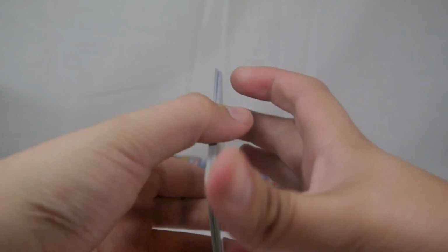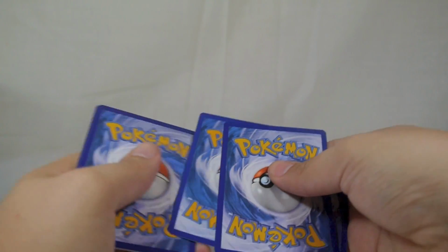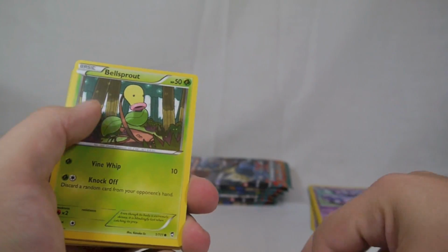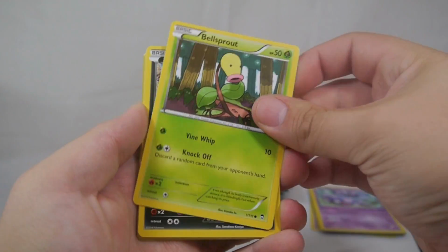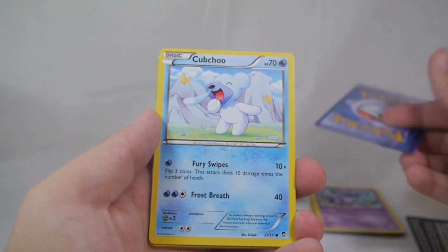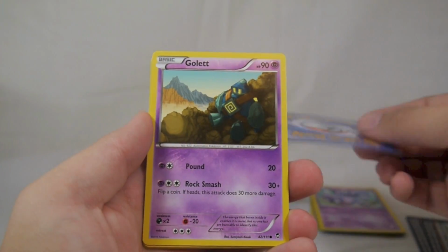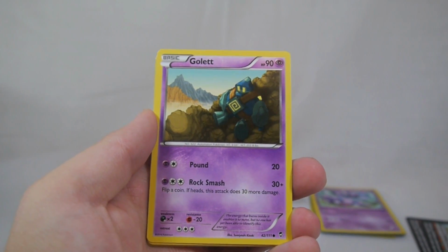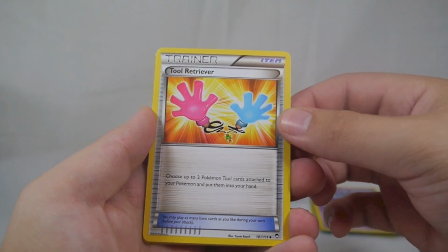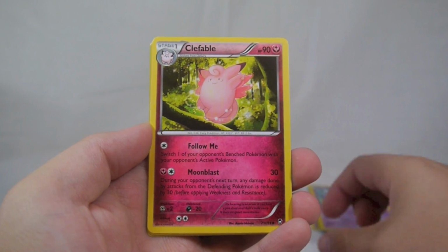There's our Minun to go with our Plusle from the Mega Lucario collection. That's always fun. So Minun, Bellsprout, Scraggy with Corkscrew Punch, Cubchoo and his Flingin' Booger, Golett to go with that Golurk we just pulled, Tool Retriever, also known as the Grope Machine, Clefable,